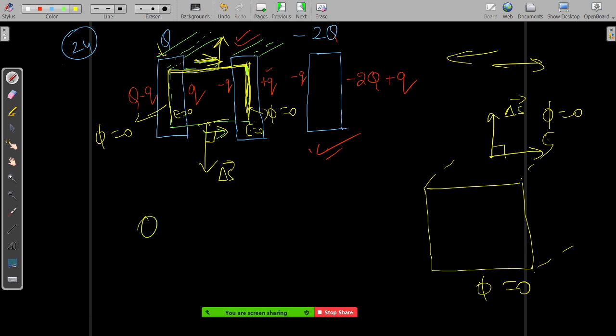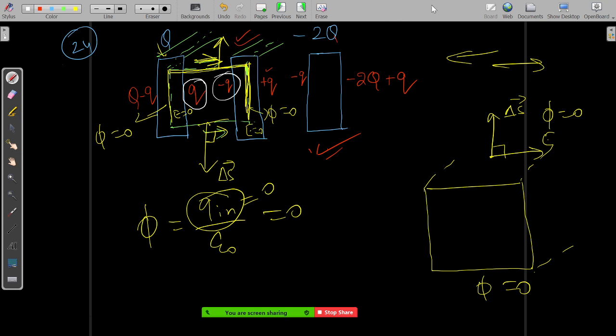That basically means what? The total flux equal to zero means what? The total Q internal equals zero. Since the total flux equals zero, that means the total Q internal should be equal to zero. Q internal is what in this case? Q internal is equal to this charge plus this charge. So that is equal to zero. So that's exactly why, if we have taken Q here, we are not going to take a Q1 here, Q dash or something. We have to take minus Q only.